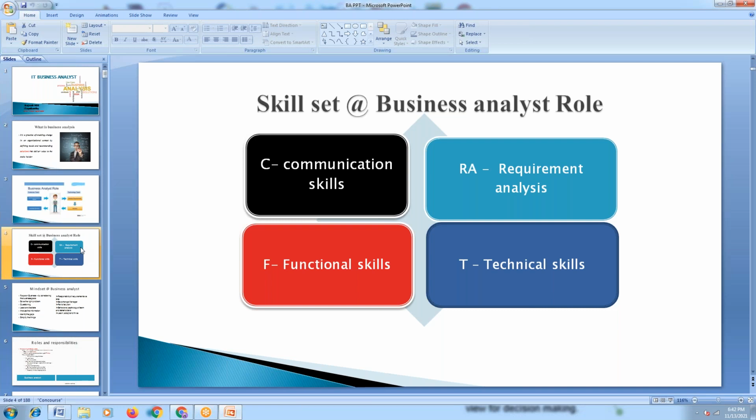Understood, right? This is what we call functional skills. Knowing about the functionality is what functional skills stands for. Knowing about the functionality means knowing what different functionalities we have. That understanding, being a BA, you need to have. Then it will be easy for you to understand the requirements clearly.